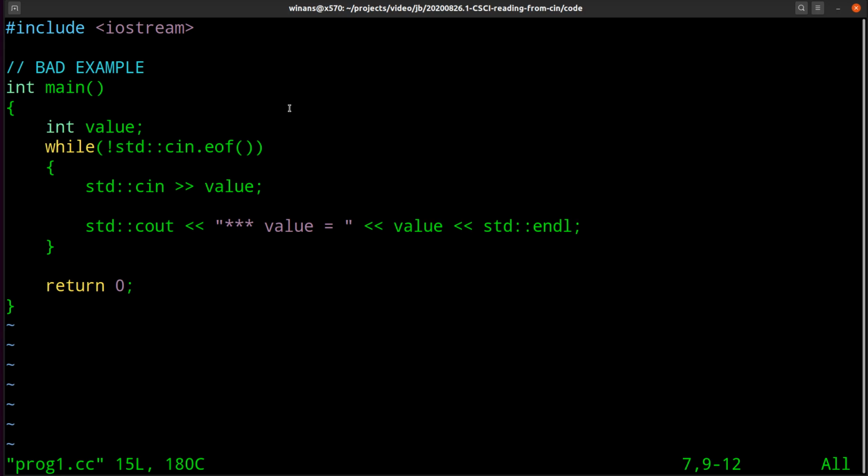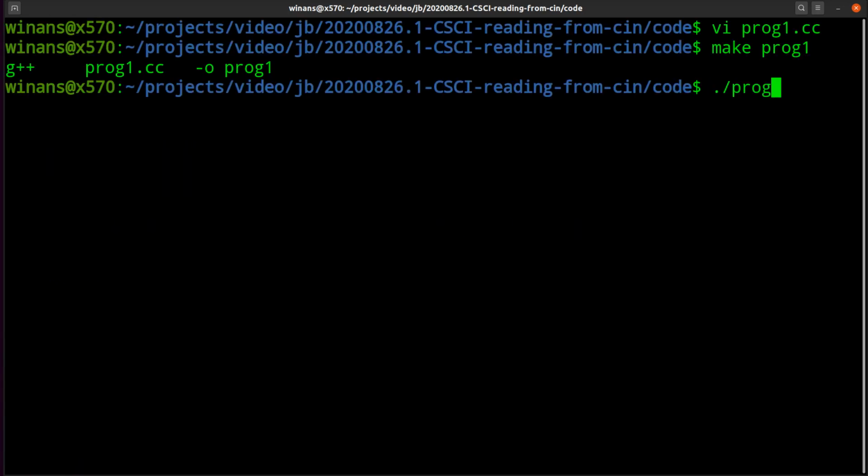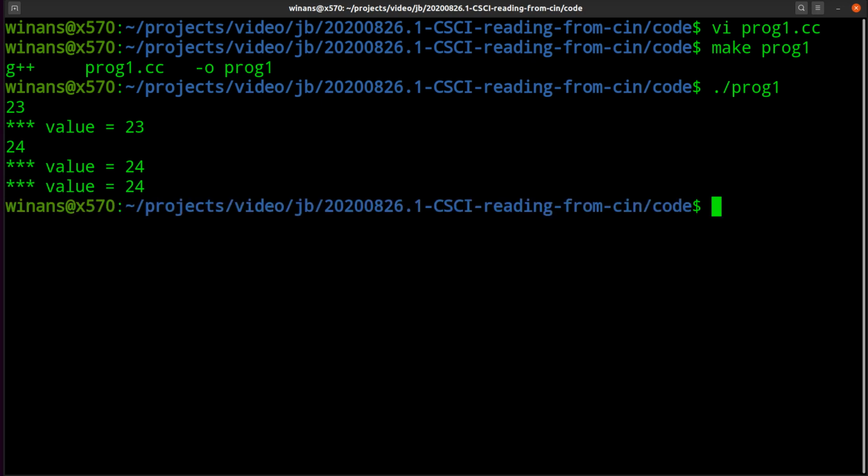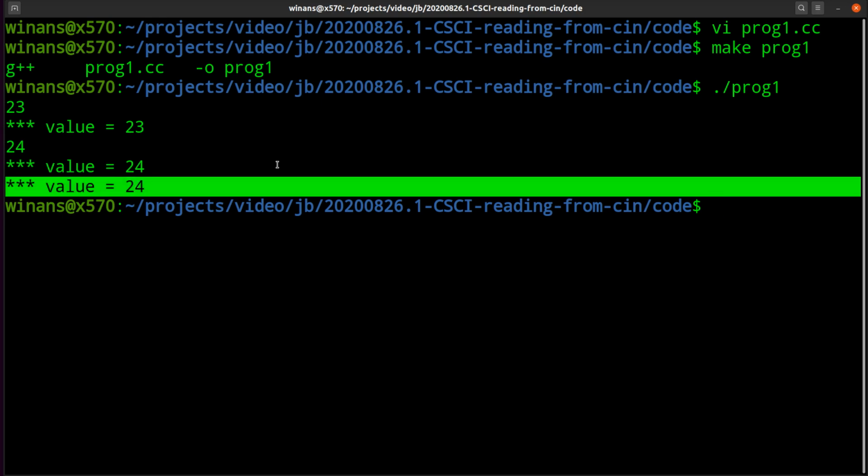So let's build and run this program, all right? And evaluate what's going wrong here. All right, what's it doing? It's waiting to read input. So let's put a number in here, like 23. It prints out 23. Looks good so far. 24. Hit enter. It says I got 24. Okay, I want to say I have the end of the file. I have to hit Control-D on Unix to tell the program that there's no more data. You'll notice when I hit Control-D, it printed out the value again, which seems strange, right?